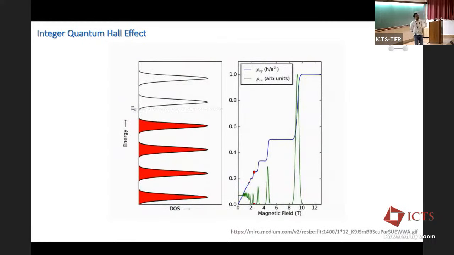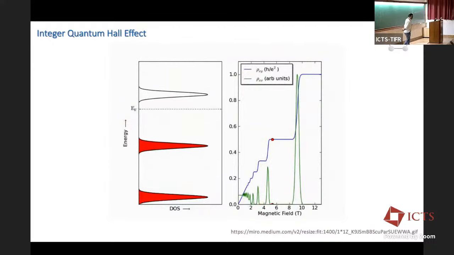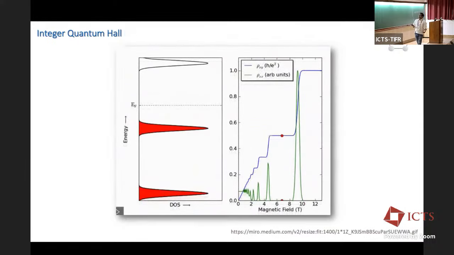Well, as you know, when I put a two-dimensional electron gas in a magnetic field, I develop these so-called Landau levels, and as I increase the magnetic field, I start filling these Landau levels slowly and slowly. So let's look at this case, where I have two Landau levels which are completely filled. The chemical potential is lying between Landau level 2 and 3. In such a situation, my conductance will be 2 e squared over h. And my Rxx, which is longitudinal resistance, is identically 0. How do we understand this?